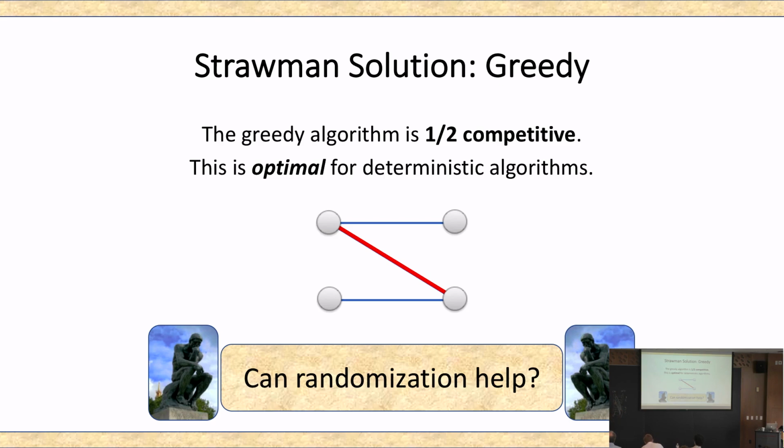Okay, it's barely an exercise to show that pretty much every node that shows up in the first n over 2 will match diagonally, which is incorrect. And now the second batch of n over 2 nodes will not get matched to anyone, maybe up to some little order of 1 term. Okay? Good, so at least the first thing that comes to mind doesn't work,